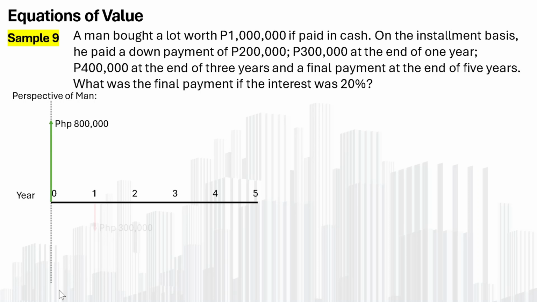Which means 800,000 yung magiging value niya dyan. And then yung succeeding payments will be 300,000 after 1 year, 400,000 pesos after 3 years, and then let Q be our final payment dito. Now, yung next natin dito is, we will try to bring yung amount na to. So, yung 800,000 dito is yung present amount natin dito. And then yung 300 and 400, basically, ito yung mga babayaran niya.